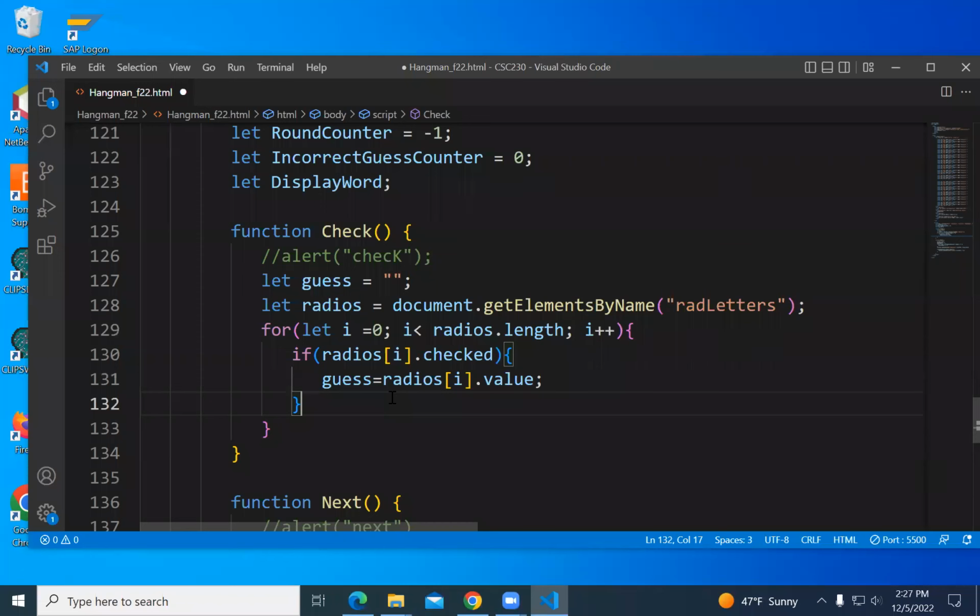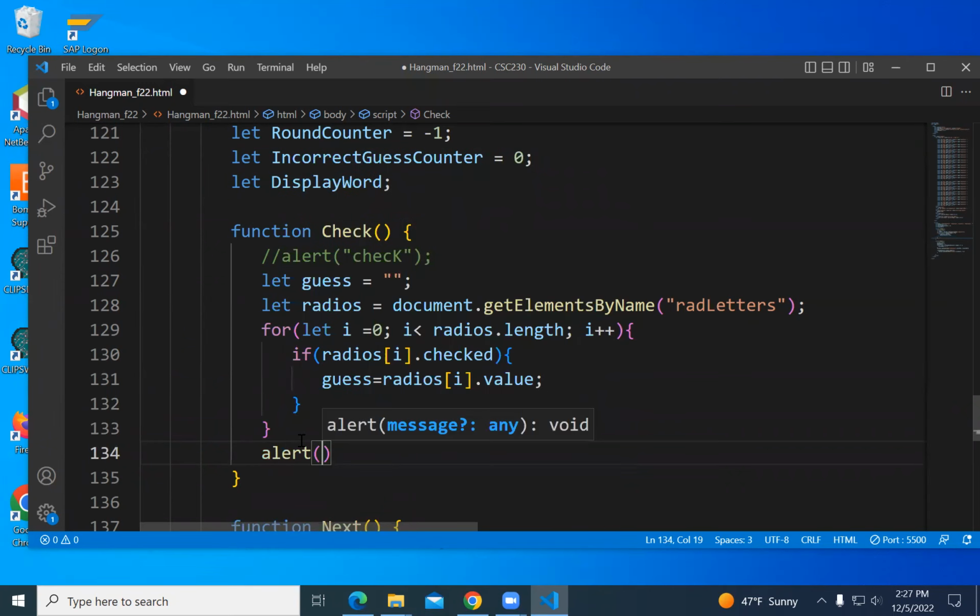So they were grouped by the name. We got a whole array of radios. We're looping over the radios, asking which radio is checked, and setting guess equal to its value. And then let's just alert it to see if we have the guess.